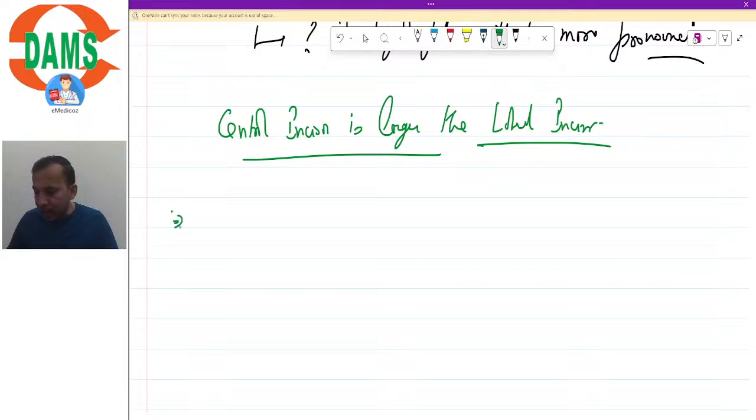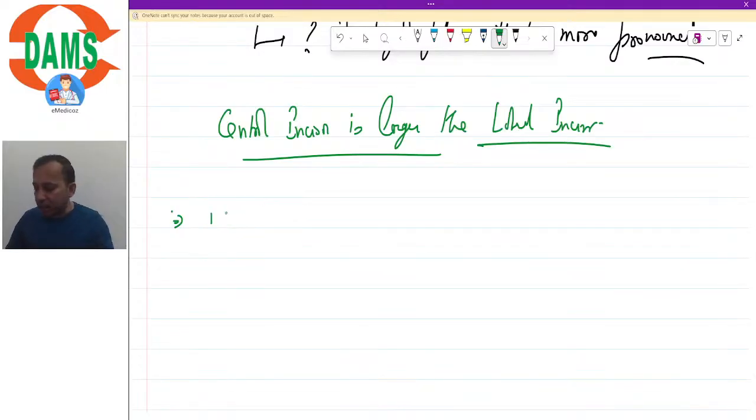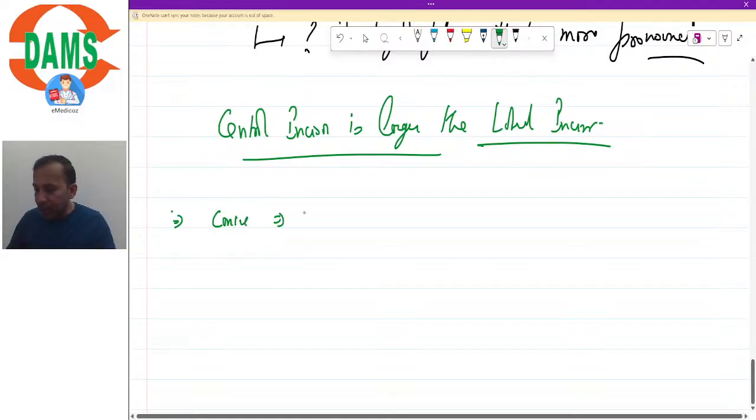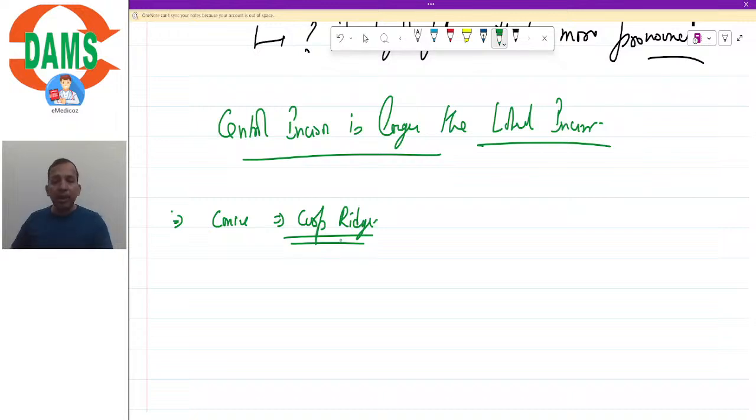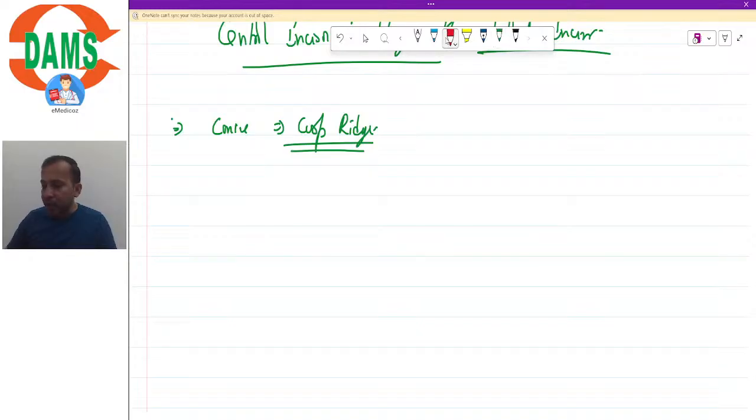So when we go to the lingual anatomy, I just talked about the incisal ridge, isn't it? Incisal ridge is straight in case of centrals, it slopes in case of laterals, and it is absent in case of canine, because there we have a cusp ridge instead of the incisal ridge. Yet if you take a look at the lingual surface,